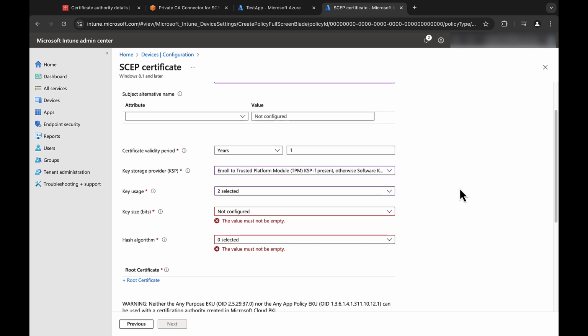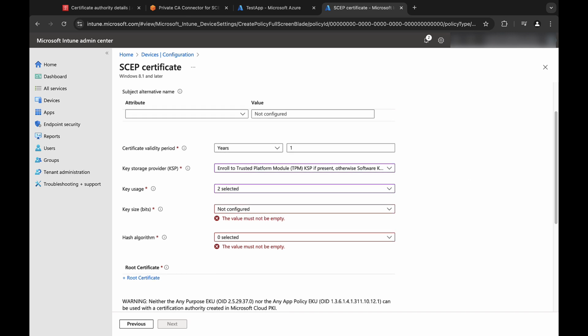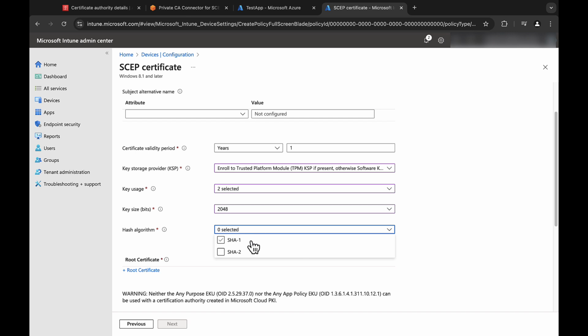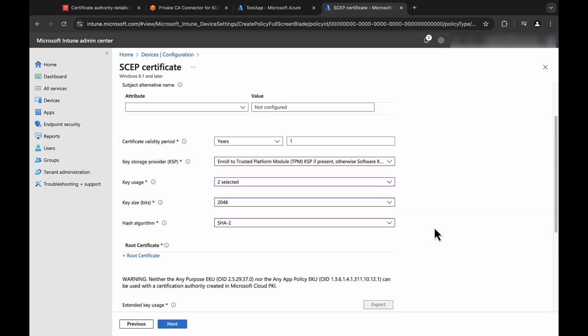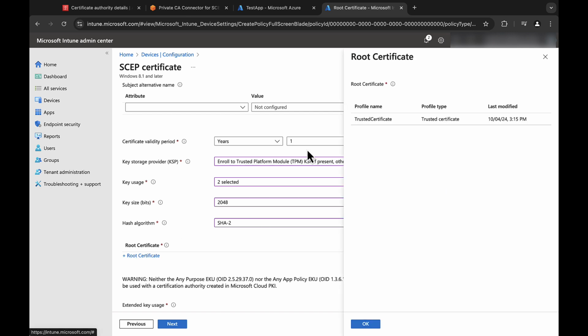Then we can scroll down. For key size, we'll select 2048. And for the hash algorithm, we'll select SHA-2. Now we'll click on the root certificate and we'll select our trusted certificate, which is our CA certificate, and click OK.